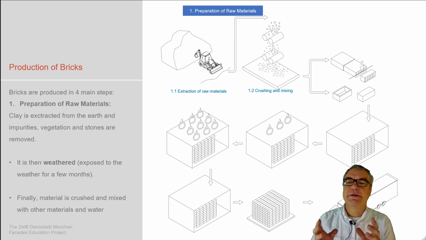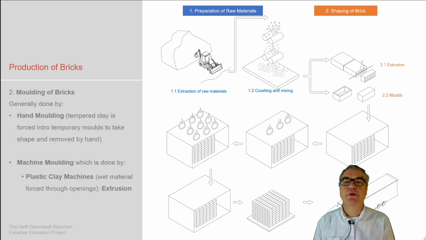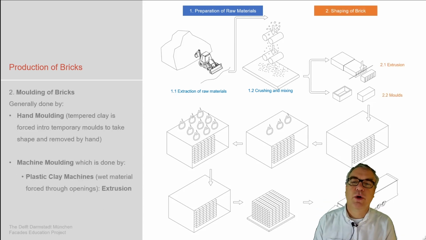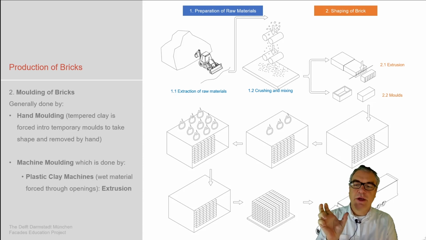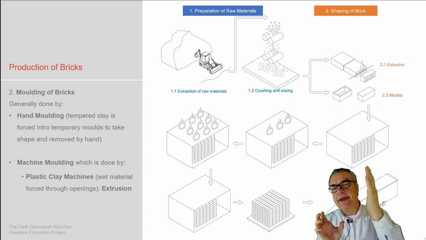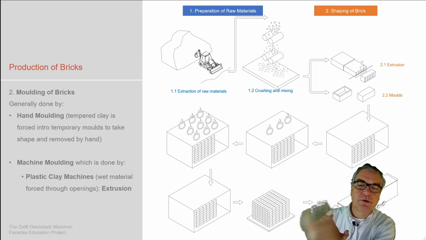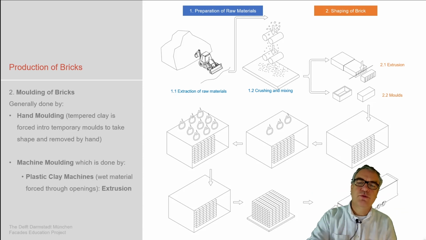Then the whole material is crushed and mixed, so brought to a certain shape to be possible to be either extruded, which is the one process, or brought into molds. The mold is actually like in a brick wall, a mold which creates that square brick. Then the clay is brought inside, the whole thing dries a bit, then the brick is taken out and brought into the firing process, versus the extrusion process.